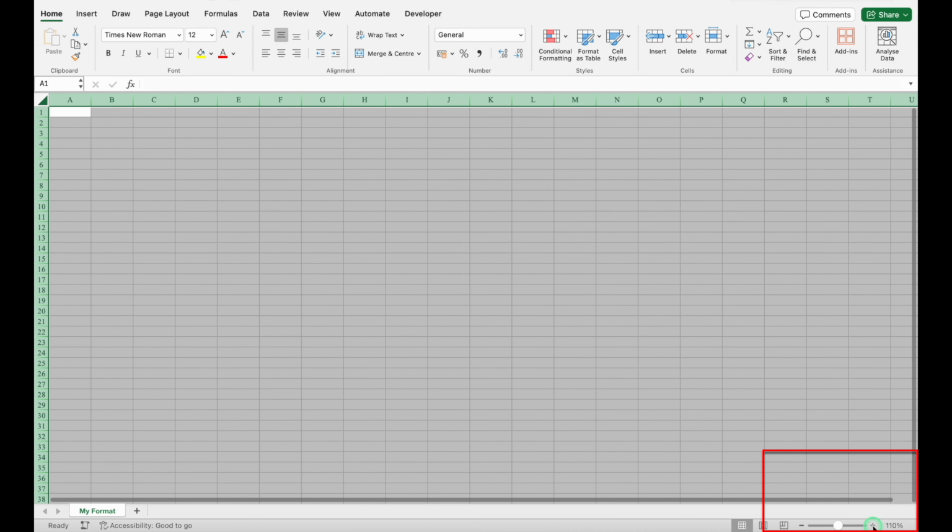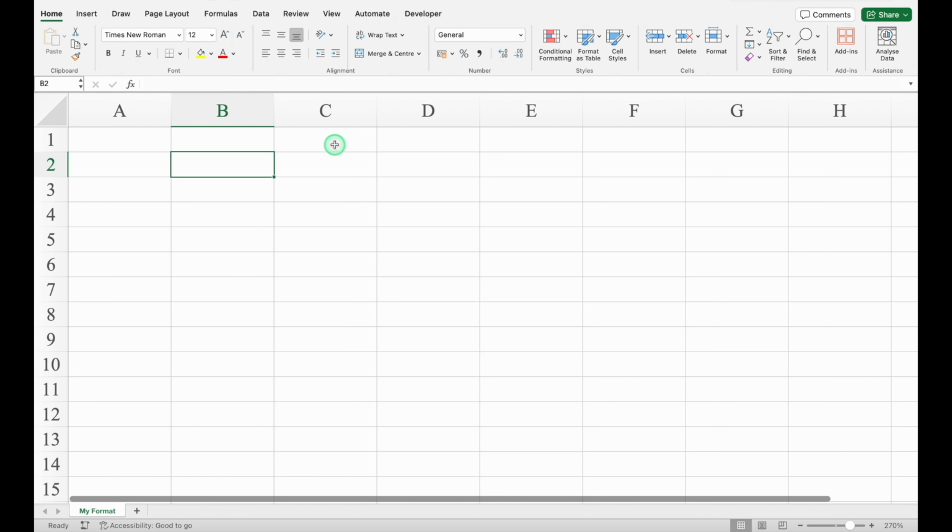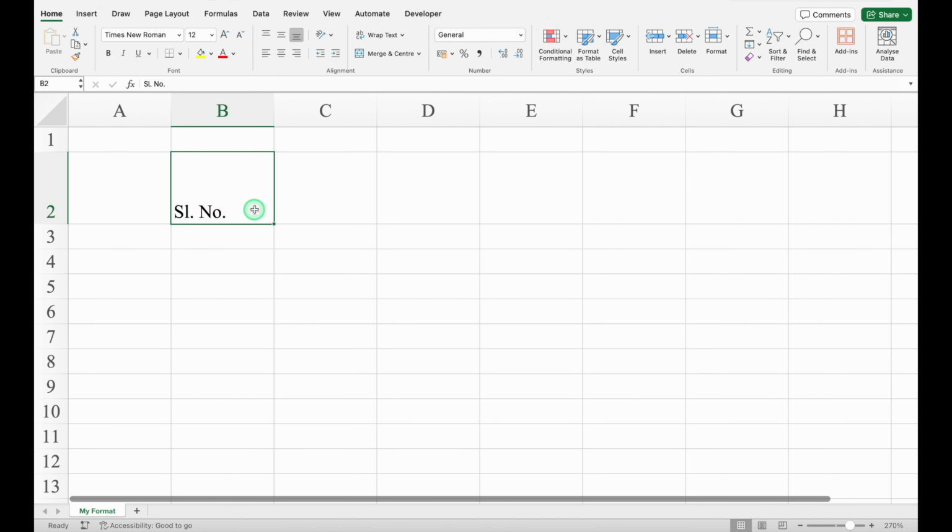So I'll expand my sheet. Perfect. We'll go to Home tab. We'll come in the center in alignment and we'll remove this. And we'll show you what's the basic logic behind selecting this. Let me type anything over here. I'll type serial number. Enter. If I increase the size of the row, just see. The term serial number is sitting at the bottom. And if I go to the center and select this option, it will be in the center of the